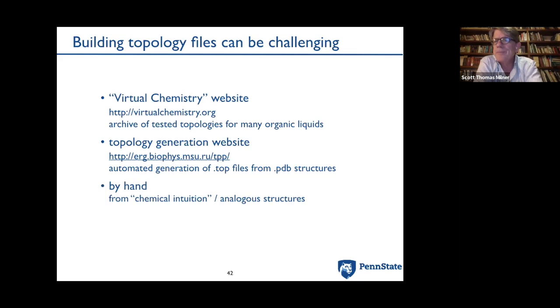A third way is to do it by hand, and you draw your molecule and you use chemical intuition. And you say, okay, this piece looks kind of like this piece of that molecule, and let me borrow that part from some molecule that's in the virtual chemistry website, and so forth. And you can assemble something plausible that way. And we often do that for smallish molecules or groups that we don't have structures, we don't have topology files for. And finally, we can piggyback on to the work done in PDB to GMX,